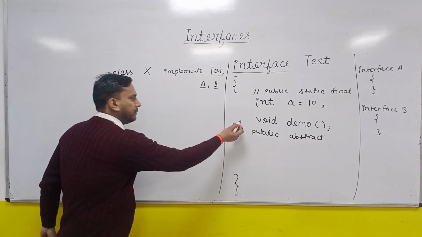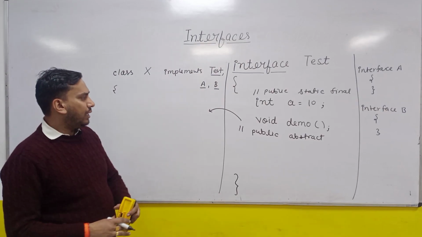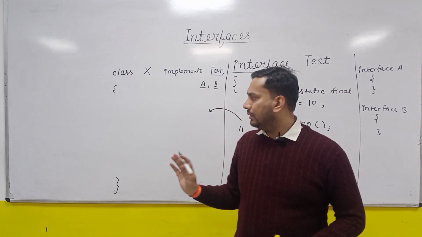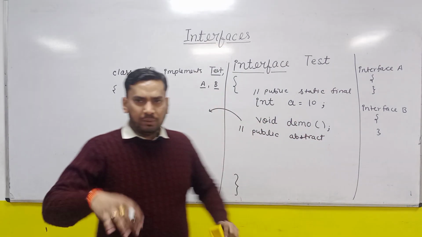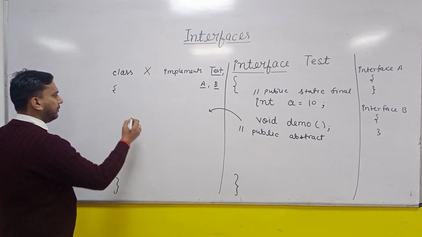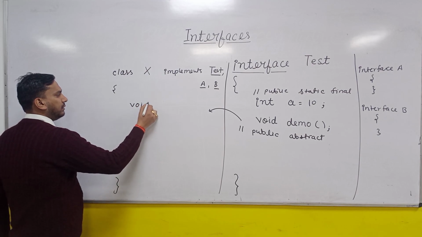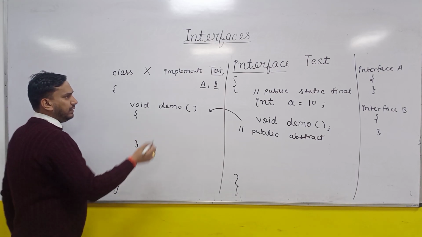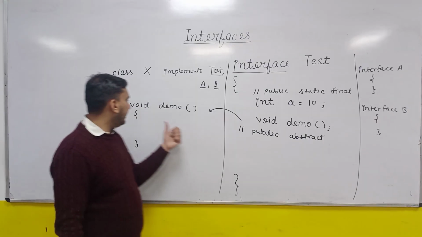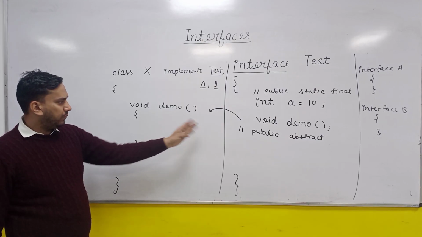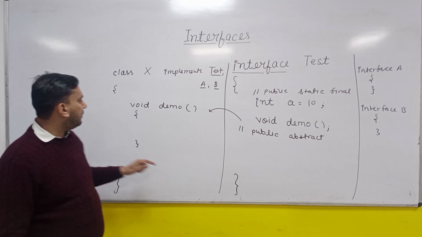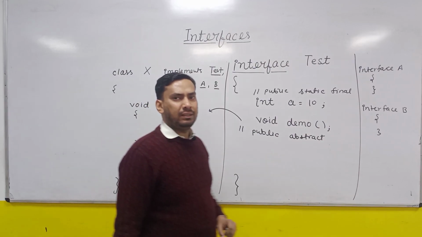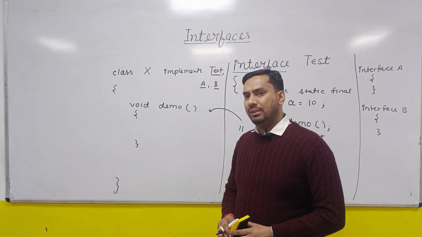So let us override it. Let us understand the overriding. So now I am going to override this demo method. So how will I override this? This is again something which is very important. Normally in the class, if you inherit, you override it. So how will you write here? Void demo. If this test is defining some demo method, we will be overriding like this, void demo and the curly braces to provide the body. But in case of interface, this is a compilation error. It will give you a compilation error